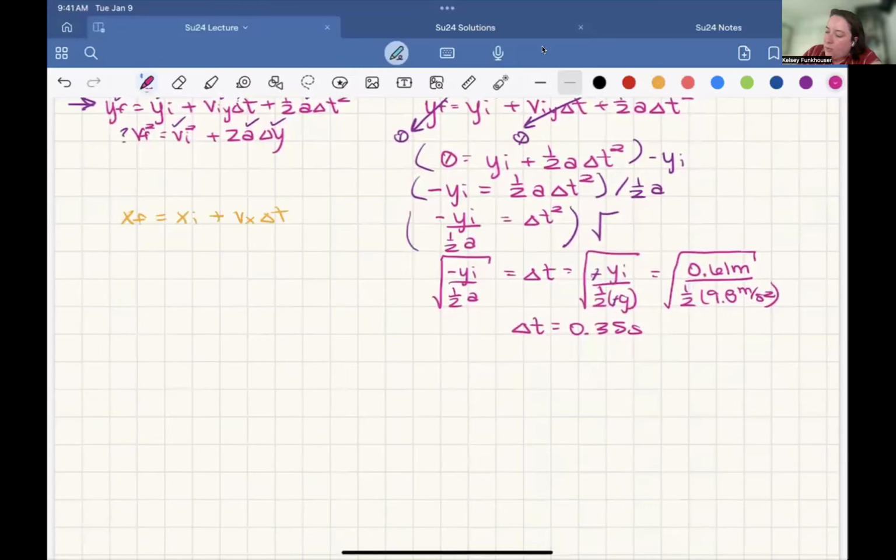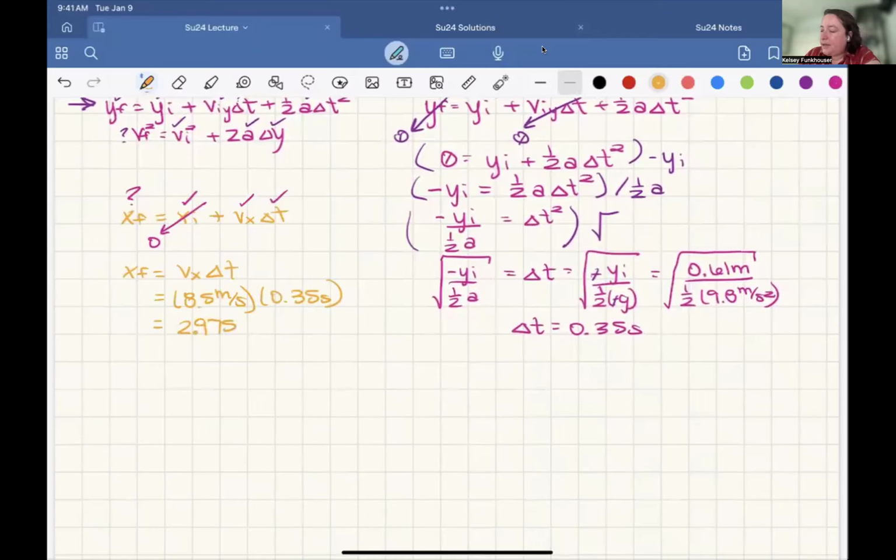So let's see. We want this. We have that, we have that, and we just got time. Cool, we can use this equation, and we don't even have to rearrange it. And I can also say, oh look, that's 0. So the final position is the initial velocity times the time interval. The velocity is 8.5 meters per second, and the time interval is 0.35 seconds. And this gives us